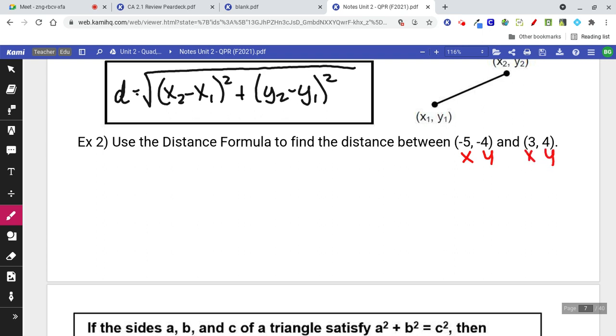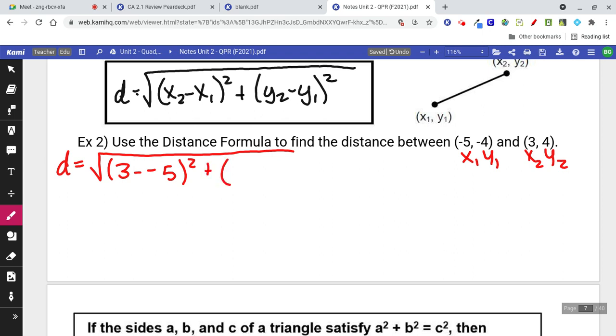The 2 and the 1 are just from this being the first point and this being the second point. So the formula says take the second x, which is 3, minus the first x, which is -5, and take the second y value, which is 4, minus the first y value, which is -4,